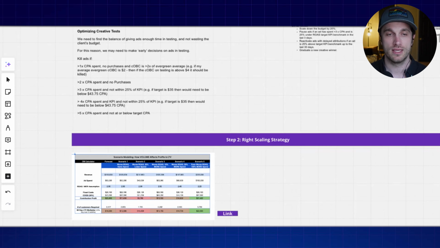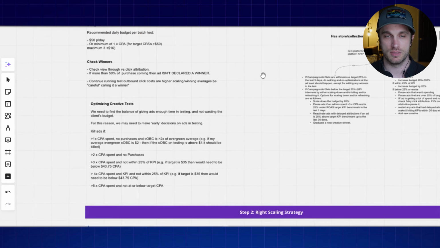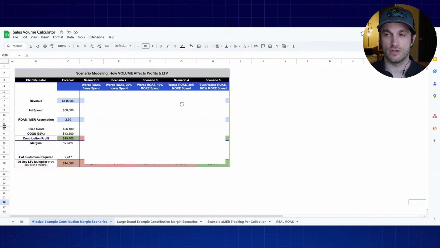The reason why is because it'll also make all of this stuff that I showed much easier. Let me tell you what I mean, is that scaling with volume is easier, in my opinion, than it is to maintain a perfect in-platform ROAS forever and eternity. So what we're going to do is I'm going to walk you through scenarios and explain what I mean by this and prove this point. Okay, so what I have here is a calculator we use to prove this point and to also model out